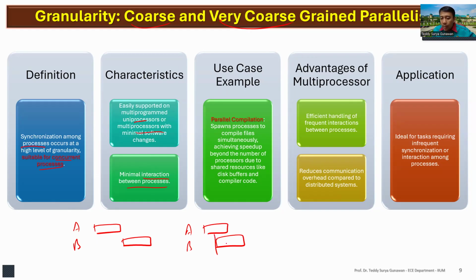For example, when you start process B, it will check indirectly how much memory is available on the system. Then it will check whether you can allocate. If A is here, and B requires this much, then you can allocate B here. The use case, for example, is parallel compilation: you can spawn processes to compile files simultaneously,